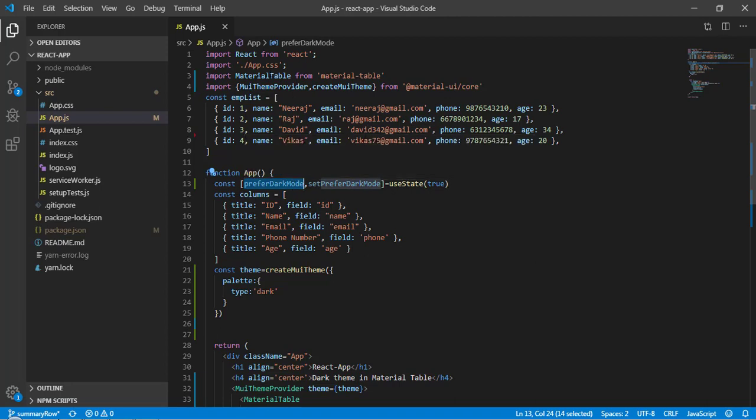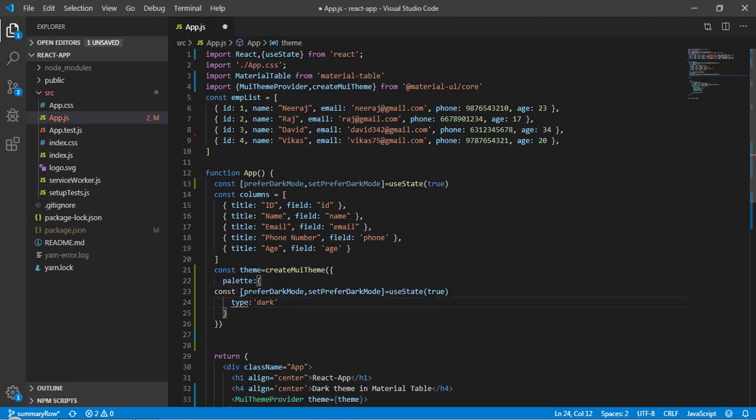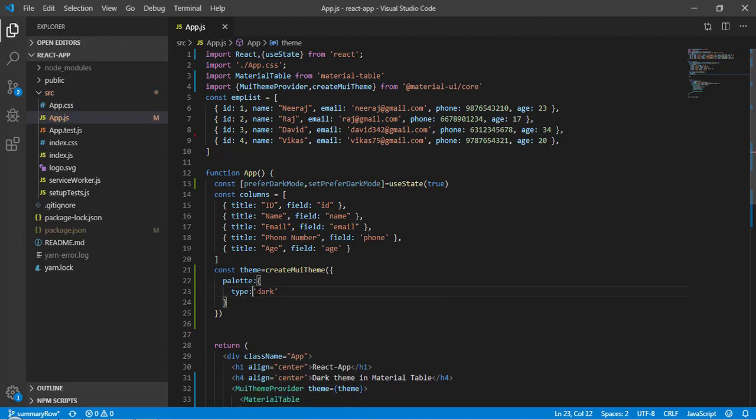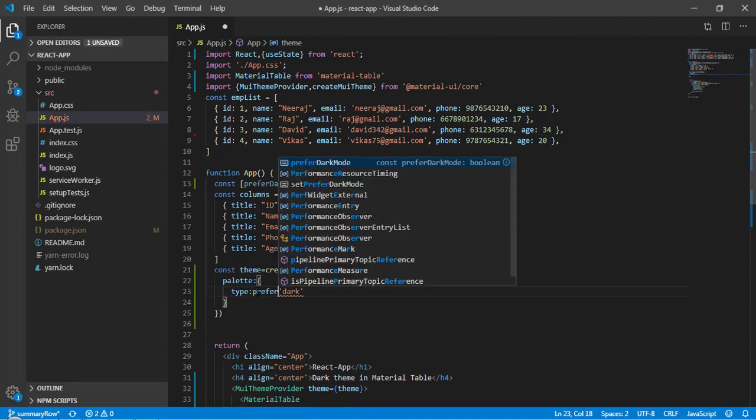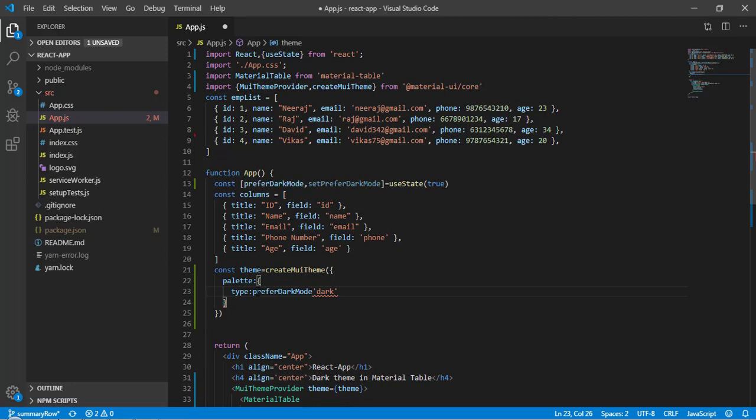Now let's import useState from React. By use of this variable we can do conditional rendering. So here I can write preferDarkMode: if this value is true, return dark, otherwise return light.